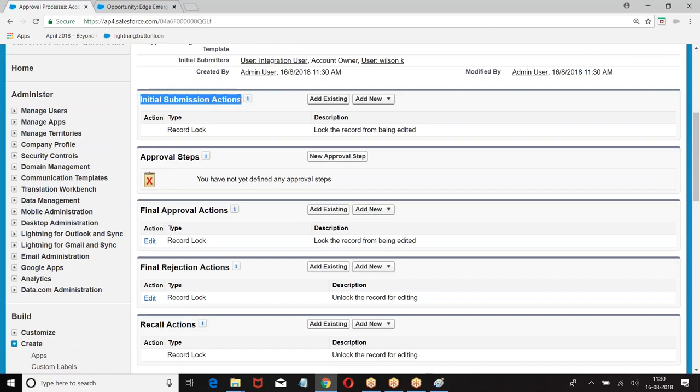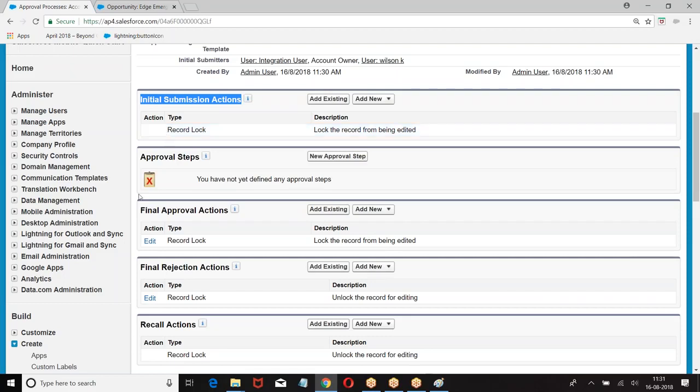The moment the record is submitted, what is the initial action that should be performed? You want any action to be performed initially? Then we can say initial submission action. By default, what happens? The record will be locked.